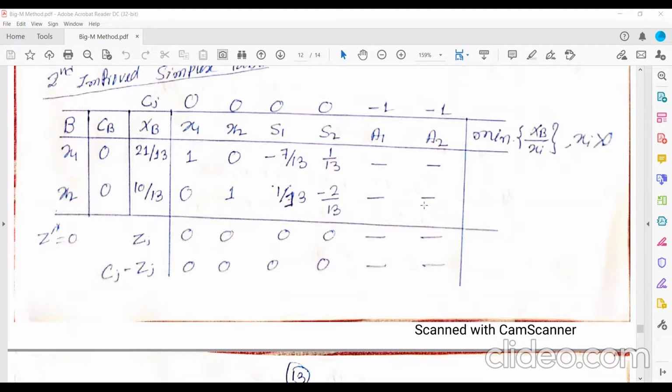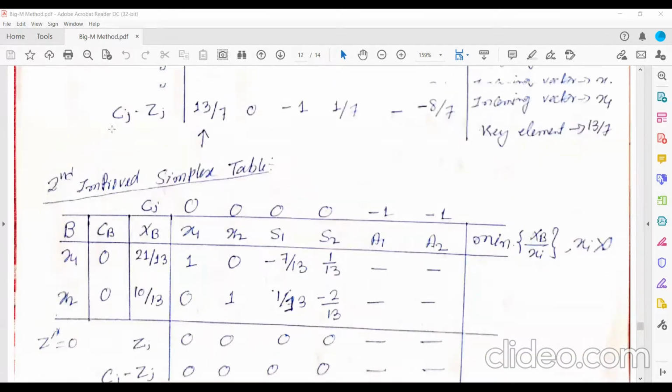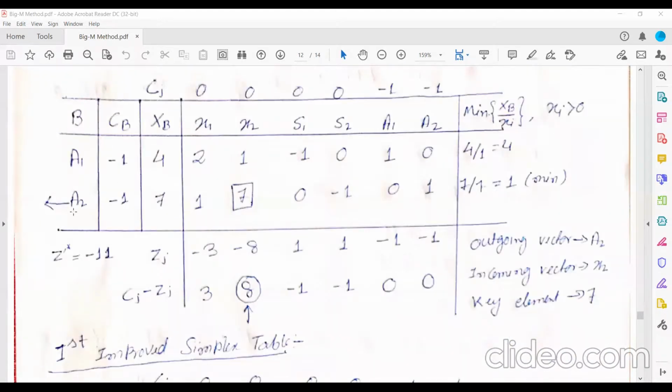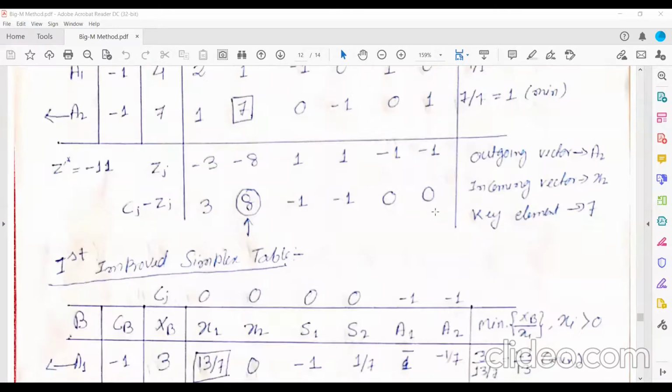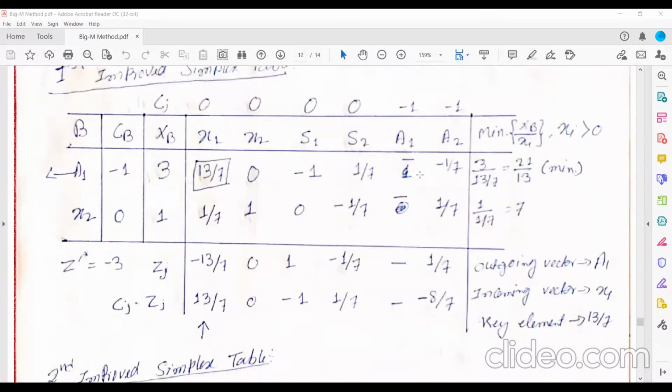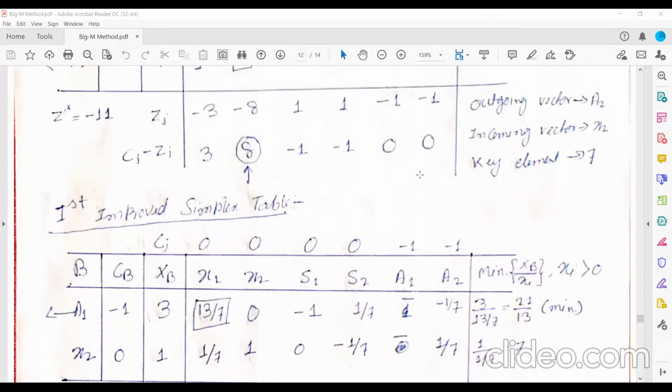this A1 and A2. If you see the very first improved simplex table, so this is the initial one, A2 is removed, the artificial variable. So in the next simplex table, under A2, nothing has been written. Have I written something or what? If you write, then also no problem. Generally, nothing has to be.